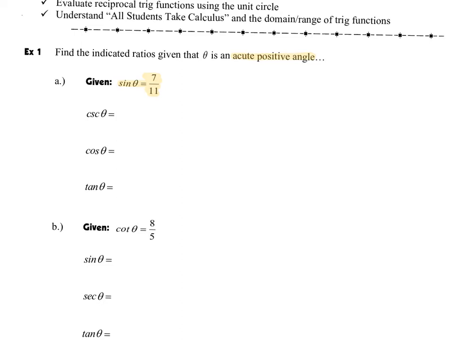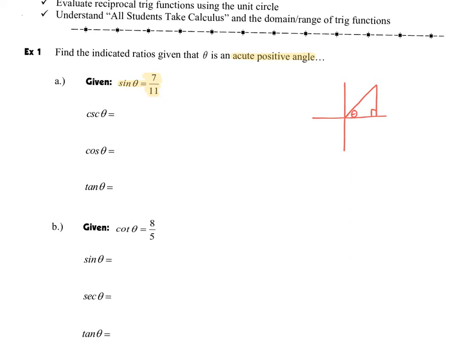So if it's an acute positive angle, I'm going to make a very quick sketch. These are not going to be to scale or anything like that. I don't want these sketches to take more than about 10 seconds for you to quickly put on there. So if it's an acute positive angle, it has to be in the first quadrant. So I know that I've got some angle in the first quadrant, and I'm going to drop a perpendicular. It always has to be on the x-axis,